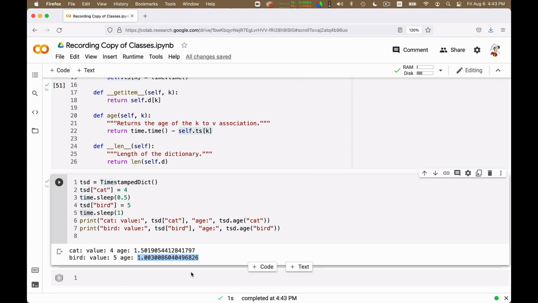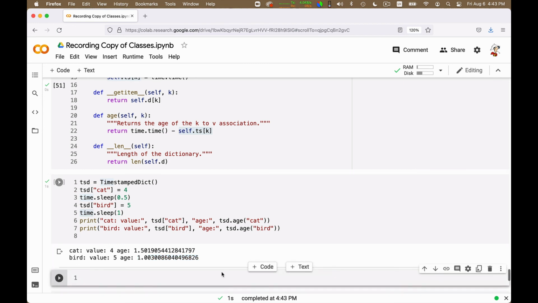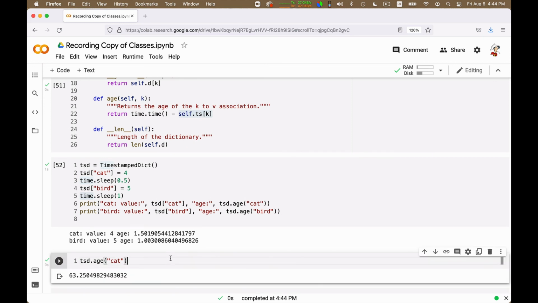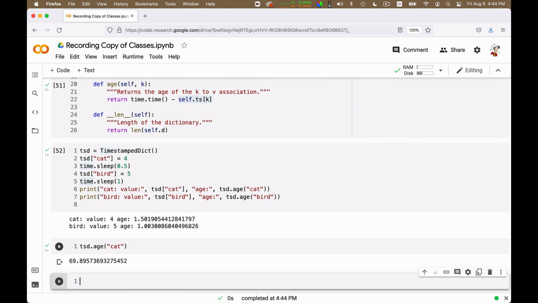Okay, and of course now I spent a little bit of time talking. So if now I ask, for example, timestamp dictionary.age of cat, I will get a much longer time, 63 seconds. And I can ask it many times, so every time it will give me a bigger value. I could also ask for the official timestamp. Here I just wanted to get the age of an assignment. This is not such a crazy application. It enables you to compare or sort the dictionary according to things that were defined earliest, or newest. These kinds of things are useful to do.